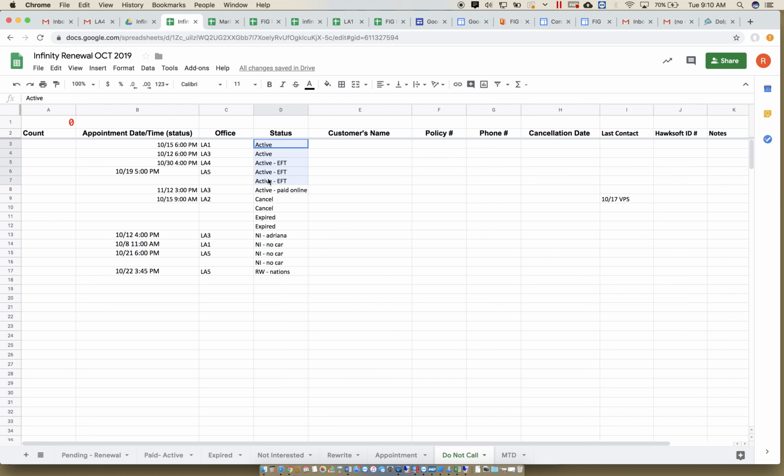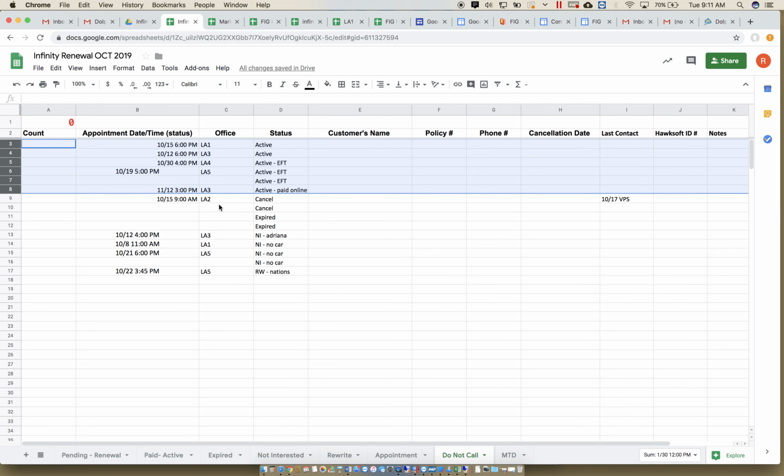So now I have all my active ones together, even though this one says paid online, this one says EFT, and these two don't have anything, but at least it puts them in order by the main status, which is active. If I need to transfer these to the other page, which is the active paid page, then I just copy and paste, delete them, and transfer them over here, and it's a lot easier simply because